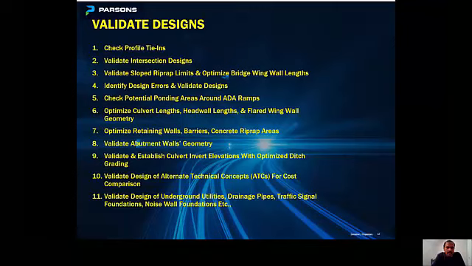We can come up with alternative designs, and with the help of 3D modeling tools, we can quickly develop the 3D model and also generate the quantities at the same time for cost comparison purposes. And then we can also identify the utilities, as we just saw.